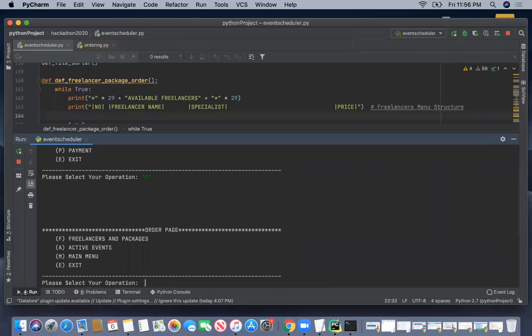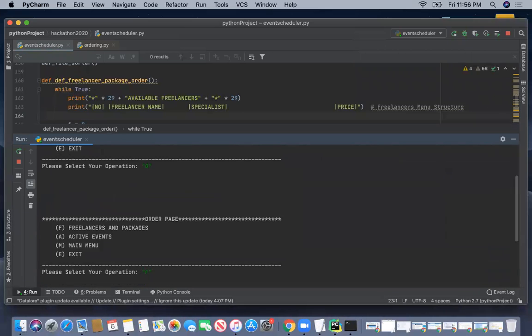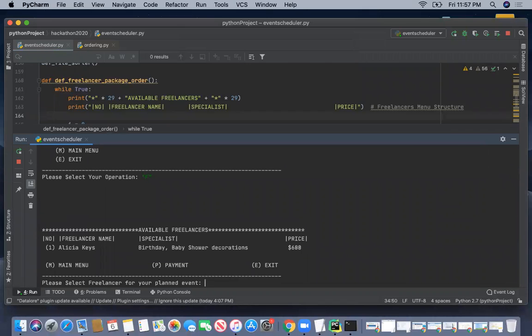If he selects the order, he can go for a particular freelancer who is available. Alicia Keys is one freelancer available, and she specializes in birthday and baby shower decorations, and her price is $600. So for example, the customer picks this.